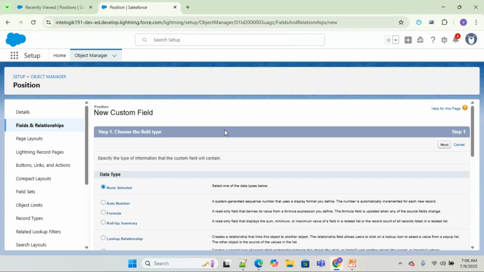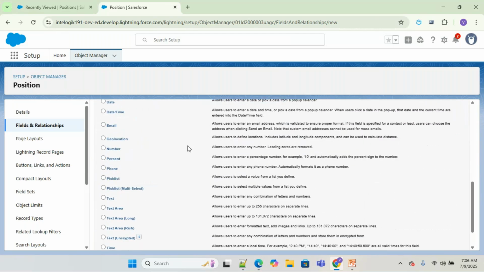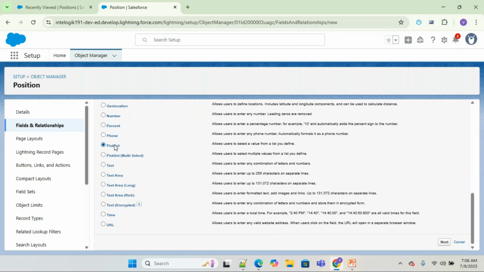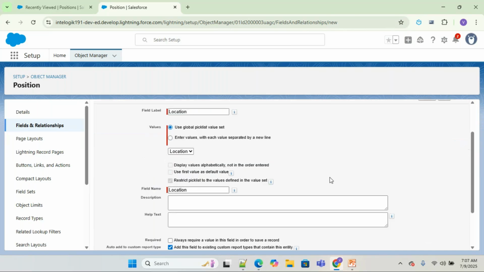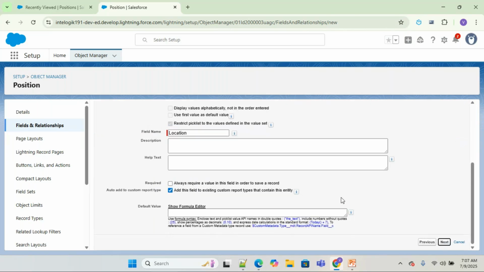So the field that I'm trying to create over here obviously needs to be a pick list, which allows users to select a value from a given list that we are going to define. So click on next, go to the field label and select location. Yes, and we already have a global pick list value set available for us. Then click on location, scroll down, click on next,